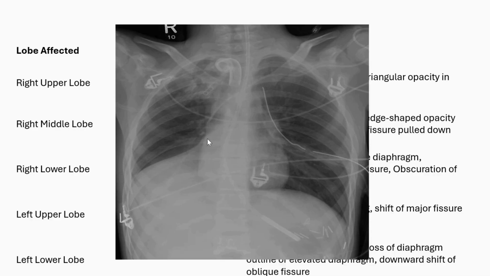So in this image, we can see the downward shift of the oblique fissure with the obscuration of right hemidiaphragm. So this is the feature of right lower lobe collapse. Now